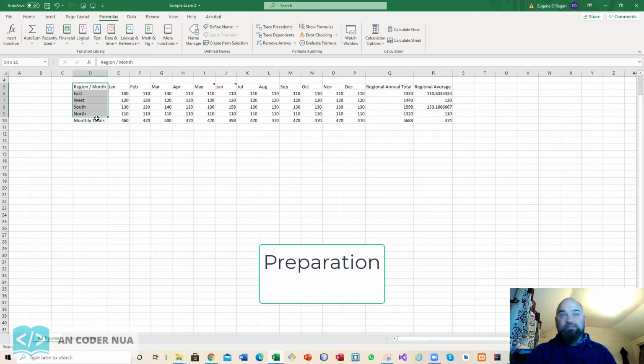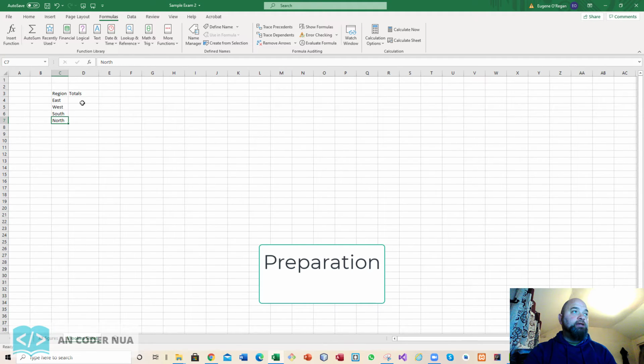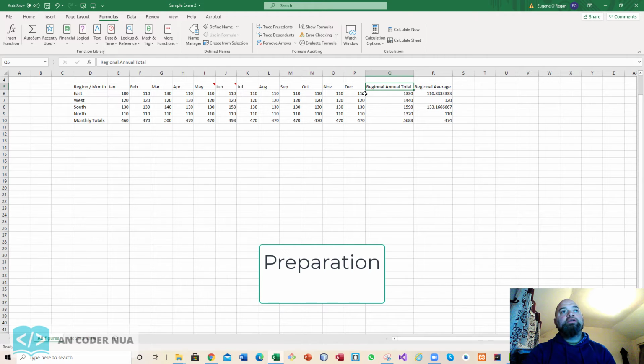It doesn't need to be, but it will be most of the time. So let's say, for argument's sake, that I wanted to return the regional annual totals in these cells here. I would need to go out 12 months, which is 1 plus 12 is 13, and one more column, 14. So I'll need to go 14